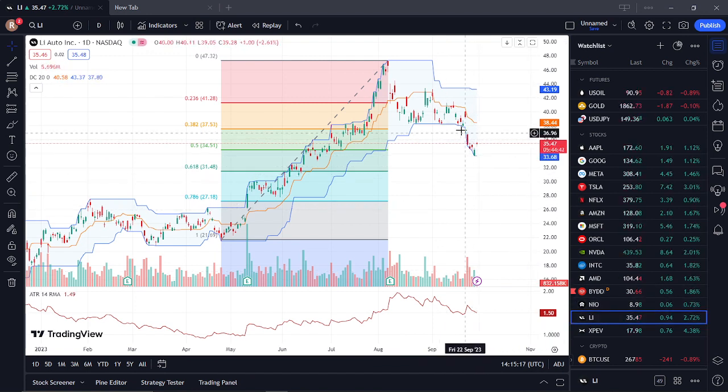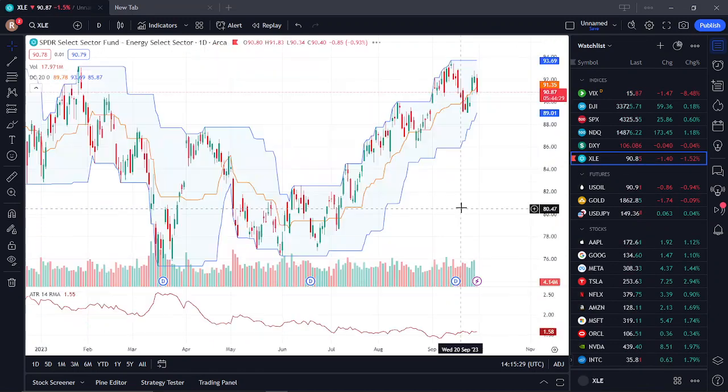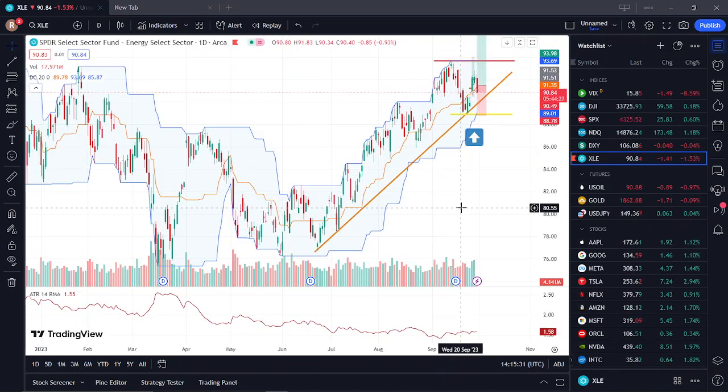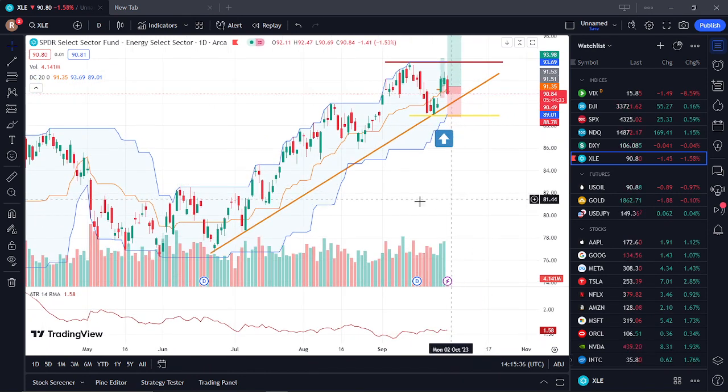So that was news driven. Nothing substantial actually to warrant this move. I think it's more of a knee jerk, so that's fine. XLE is in play right now and it's crapping out. That's fine. Yeah, you have to be able to ride the difficulties before making money.